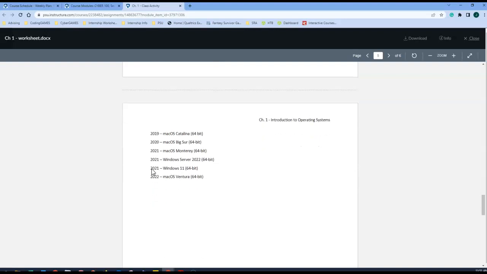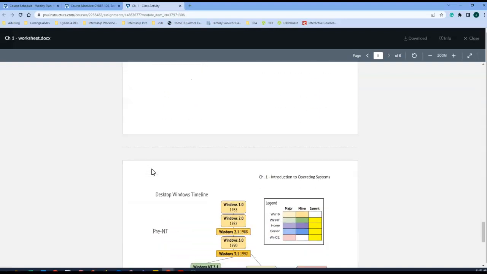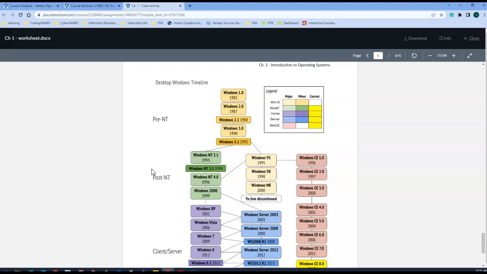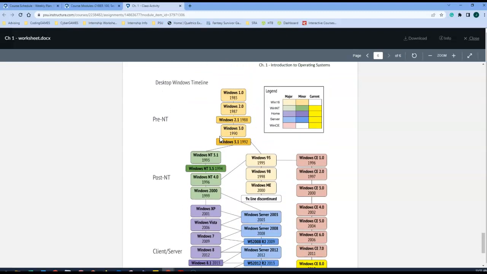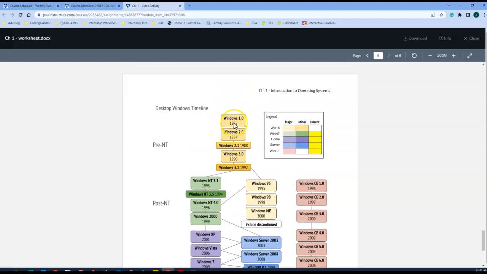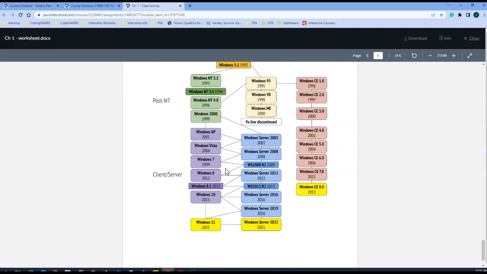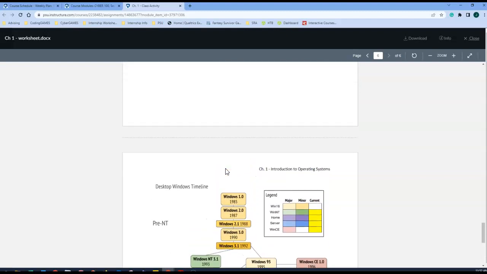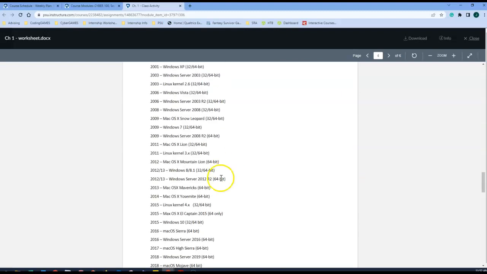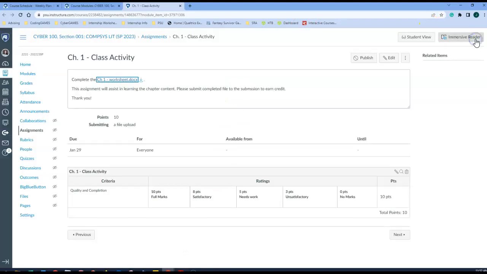If you keep going further down to the final page, here's a timeline that you can see for the desktop Windows. This is just for Windows, right? So you can see some of the accomplishments of when Windows first began to where we are today. I thought that would be helpful to have that little image in there, and this is going to be a worksheet that you can complete as you're reading the chapter,